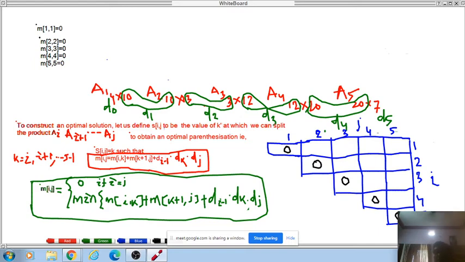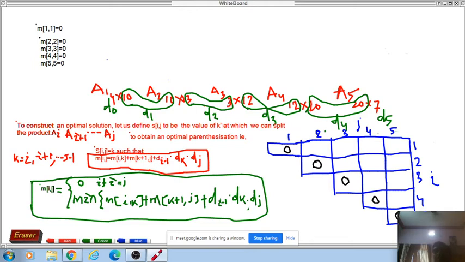Because when I traverse, you just see. I am just trying to fill up this part. This is the one row, this is one column, so this is 0. Similarly, this is 2 row, coming from 2 row 2 column, so this is 0. Then 3 row 3 column is 0, 4 row 4 column is 0, 5 row 5 column is 0. Clear? Next, what I am going to find out. This is the objective now.